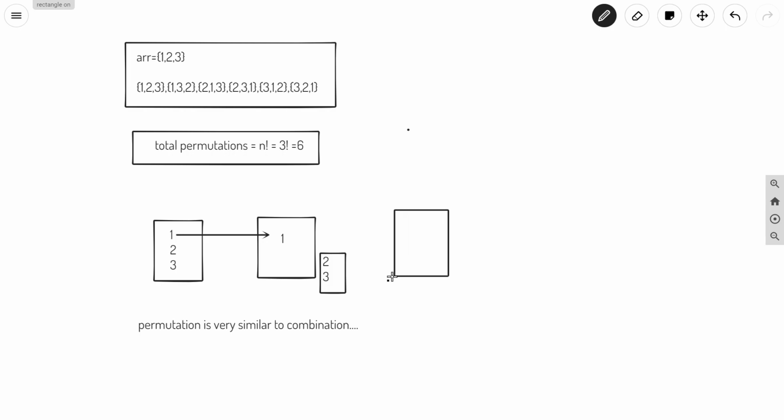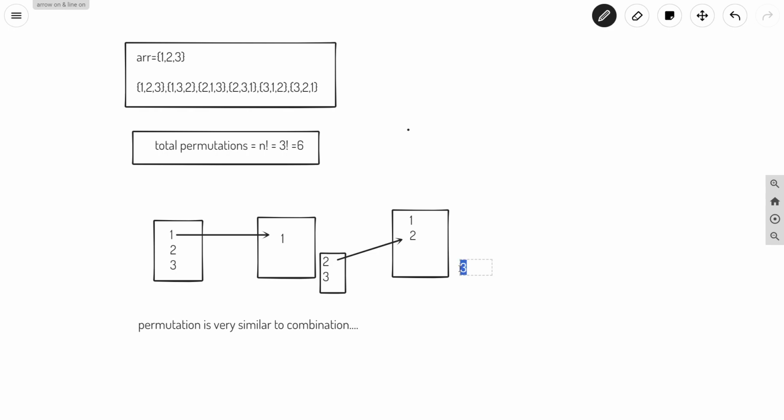Again we have this vector, and initially 1 is already present. Let us say we have chosen 2 here. So I have added 2 here, and we are left with another number, 3. You can see that we are done with 1 and 2, that's why I'm not writing them again.